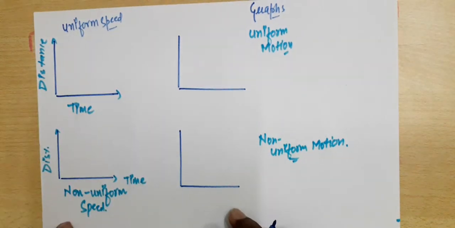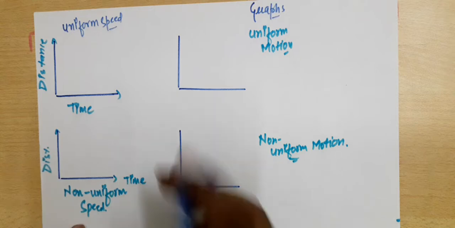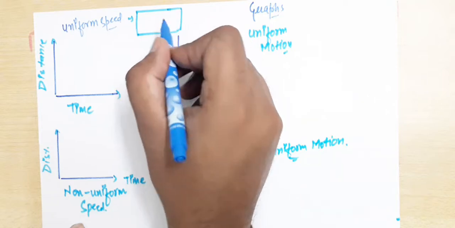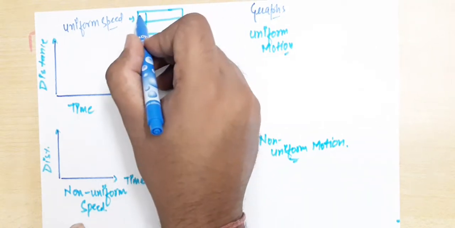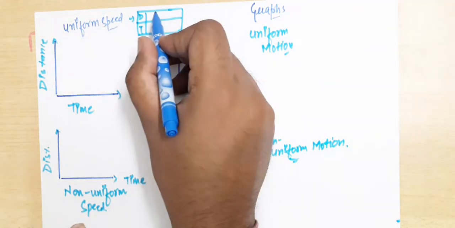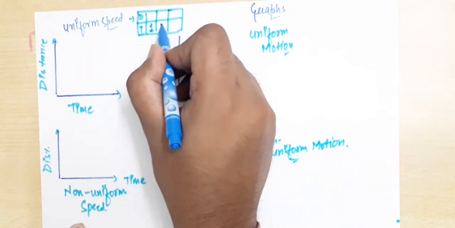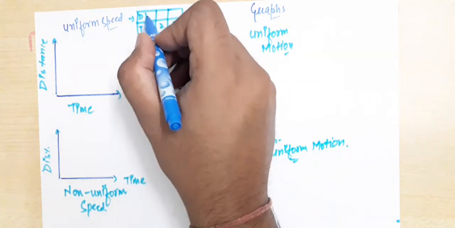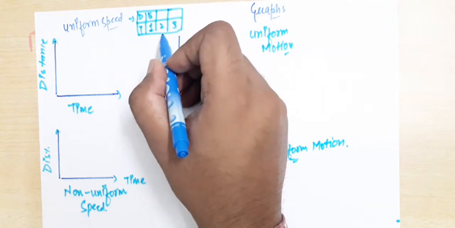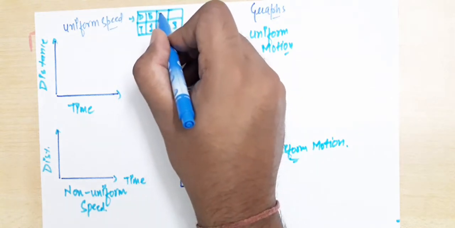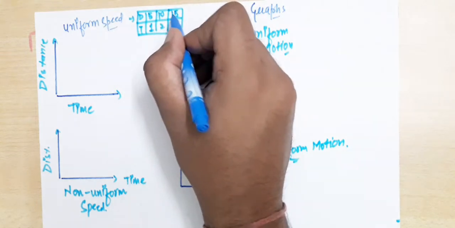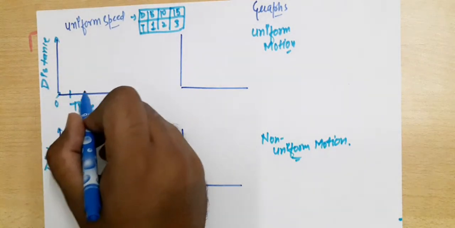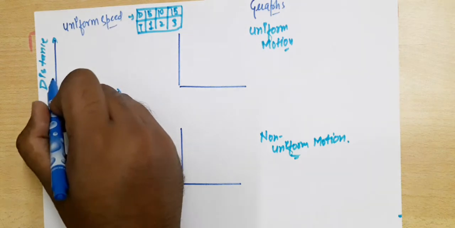Alright, so I'll plot some of the points. As we know, in the case of uniform speed, if I take distance and time columns, distance changes with respect to time. Suppose in 1 second the distance covered is 5, in 2 seconds the distance is 10, and in 3 seconds 15, because it is uniform speed. So we'll plot the points 1, 2 and 3, and this is 5,